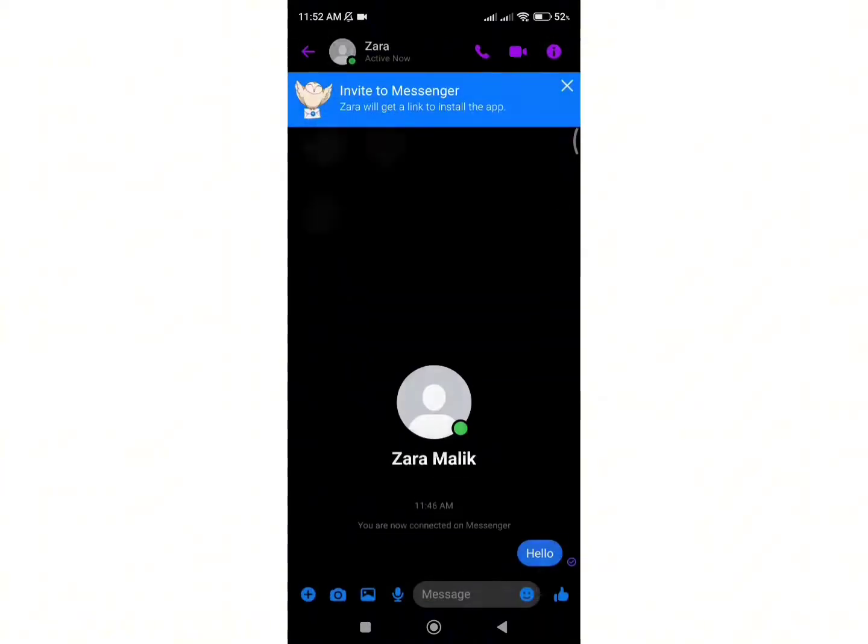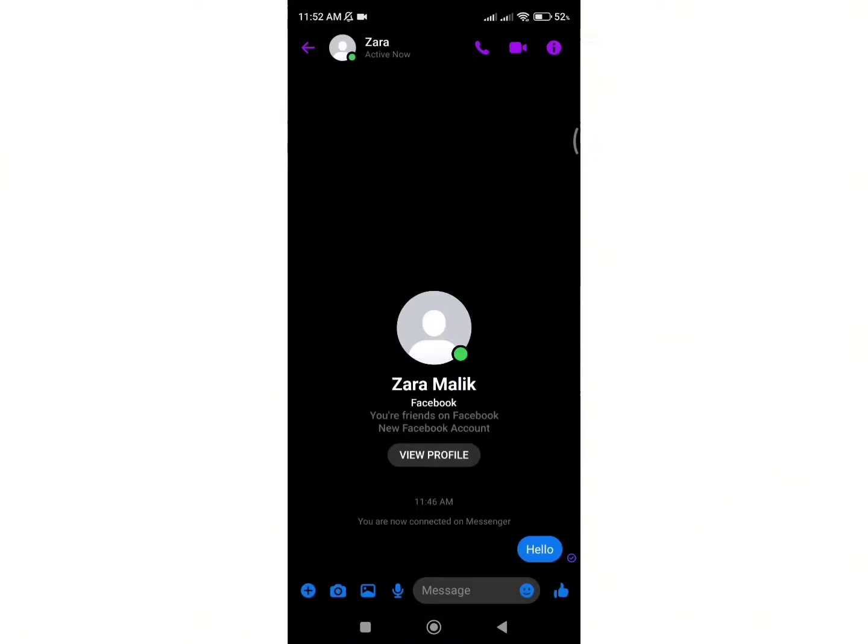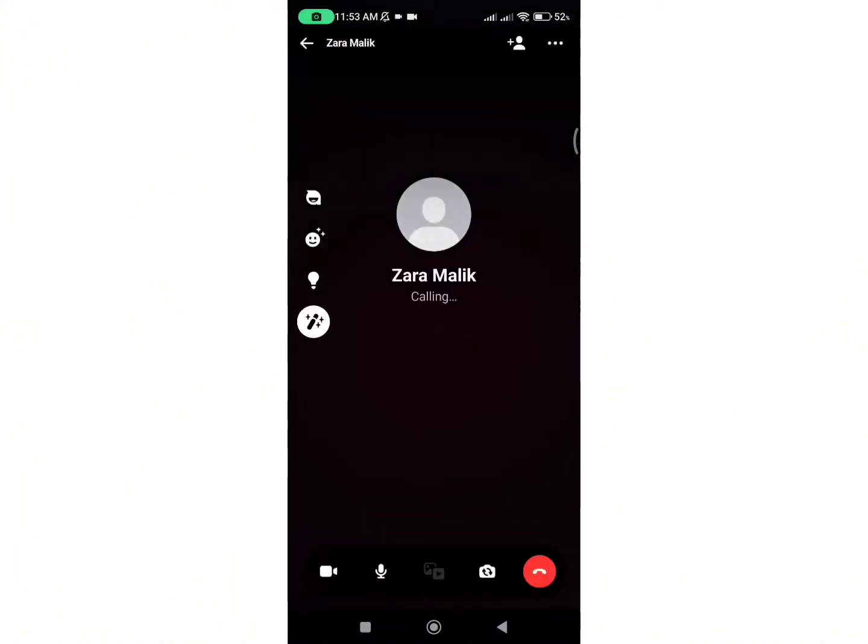Now open the conversation with the person you want to call. In the conversation, look for the video camera icon in the upper right corner. Tap on it. Now the person you are calling will receive a notification and they can choose to accept or